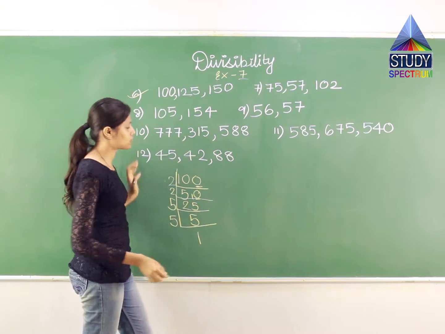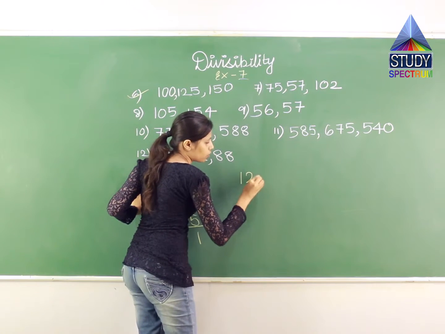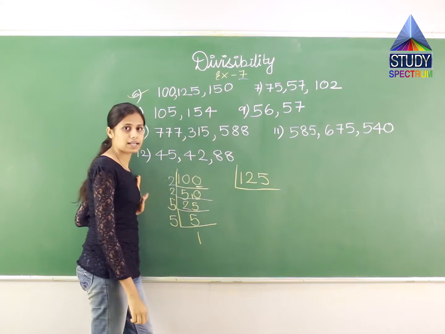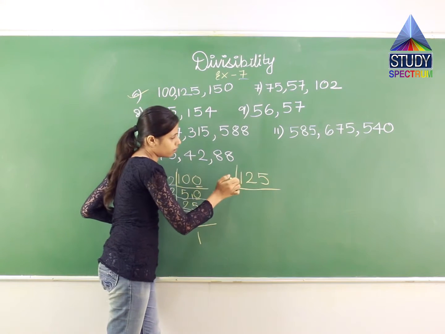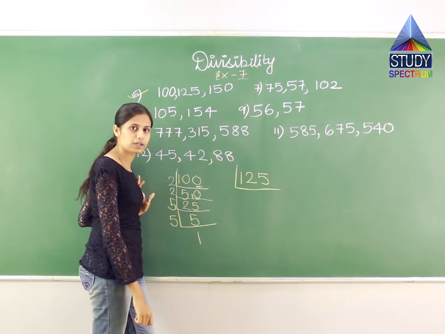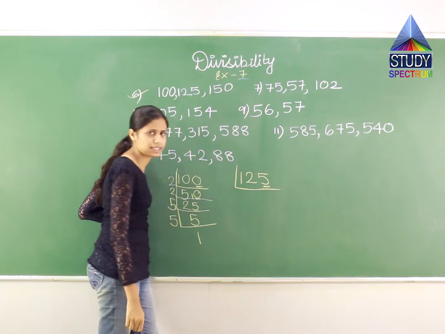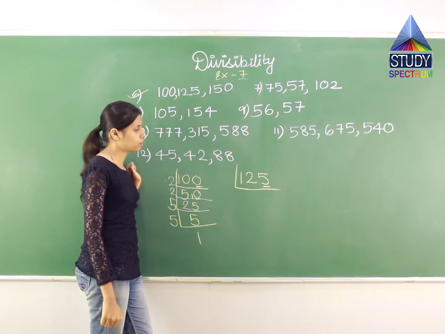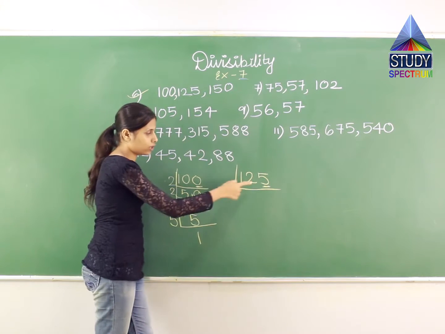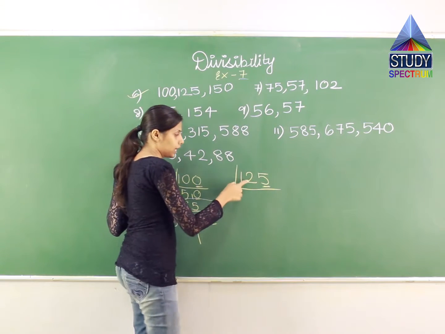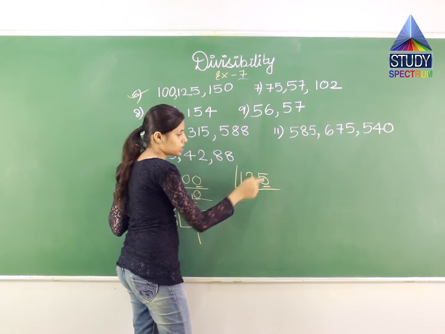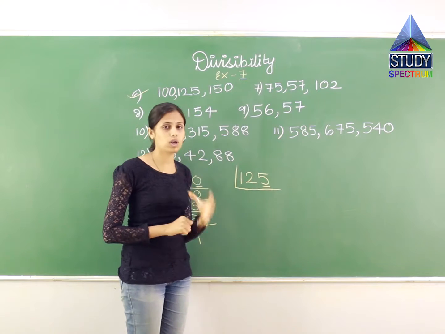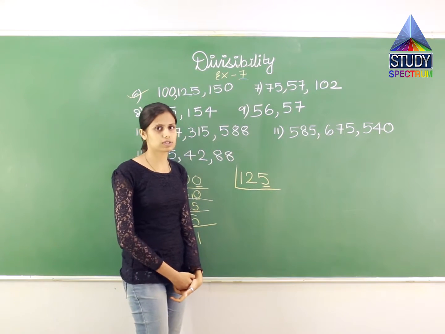Now I will find the factors for 125. 125, this inside the factorization bracket. This number 125 cannot be divisible by 2 because it does not have an even number at the end. 5 is not an even number. So I cannot divide 125 by 2. Can I divide 125 by 3? Let us see. 1 plus 2 is 3. 3 plus 5 gives me 8. If 8 is divisible by 3, then I can say that the whole number 125 is divisible by 3.